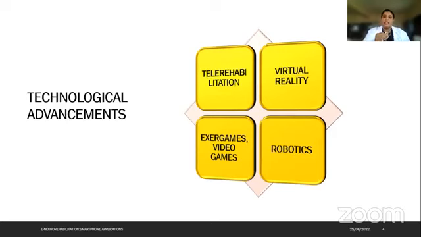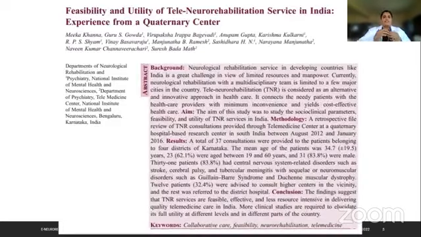Especially in neurological conditions. So there are studies done in India regarding the feasibility of tele-neuro rehabilitation services. This study has been done in Karnataka, where a tertiary-based hospital center has developed a service to provide medical treatment or rehabilitation services to all the patients with neurological conditions. Particularly, they have included stroke patients, cerebral palsy patients, meningitis patients, GBS patients, DMD patients. Mainly, this service was used for consultation and advice and obtaining clinical data.